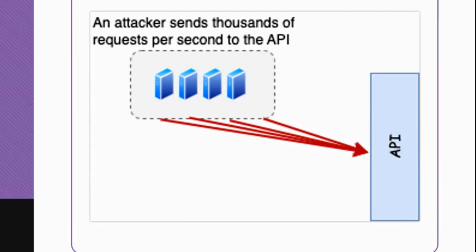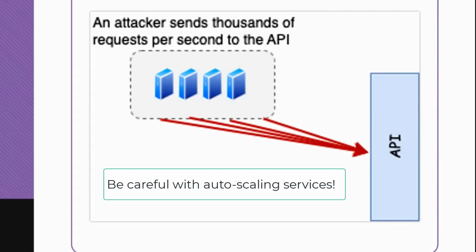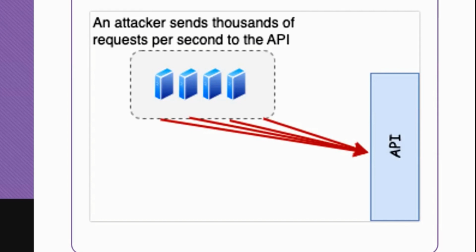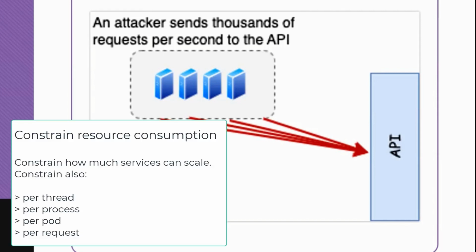And the other side of this story is that if we are using the cloud, often our services can scale without limits. And that can put us in a very difficult situation. If a user successfully launches millions of requests against our API and the services scale to the sky, then we may become bankrupt. The bill may be too high. So let's have also a limit on how much our services can scale and how much resources any request or